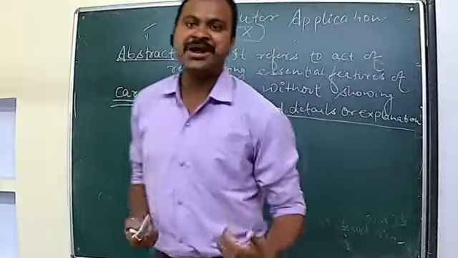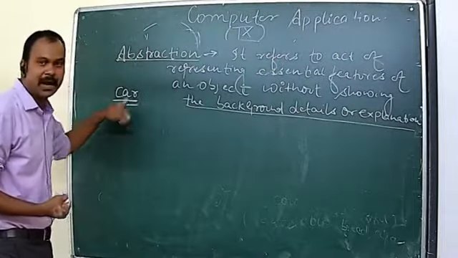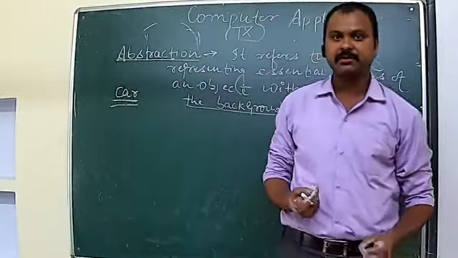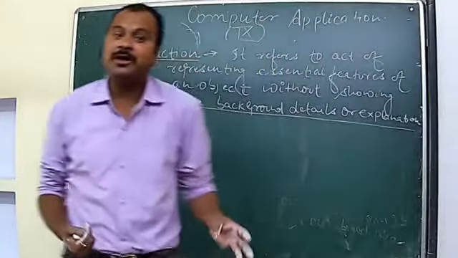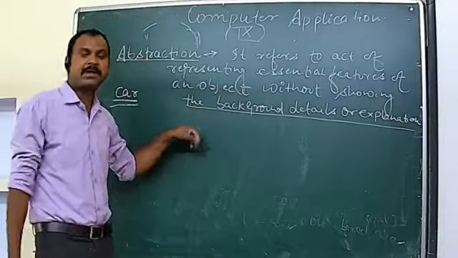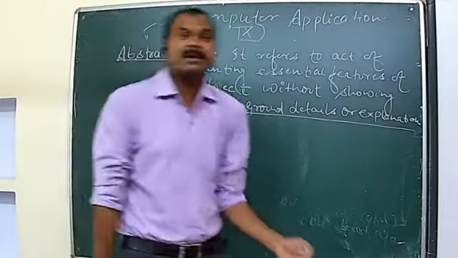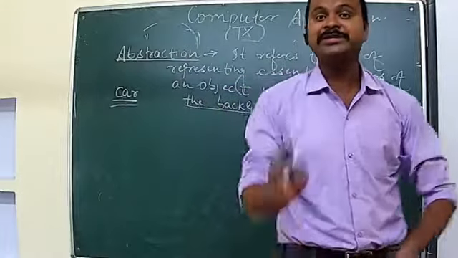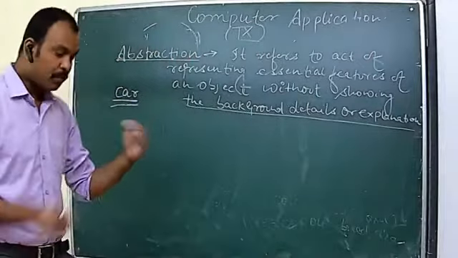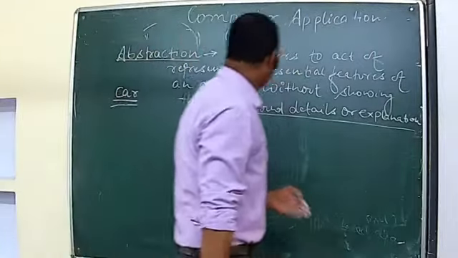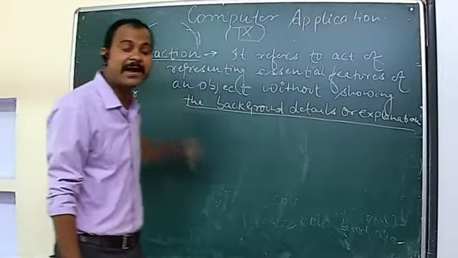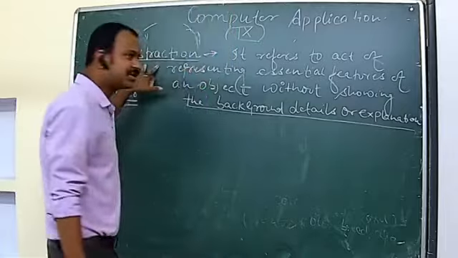Because as a driver, in my essential features, I just come to know only what I actually need to drive a car. So if I talk about the car, your accelerator, seating, brake, clutch, lights, all these will be the essential features that I need to use. But I don't need to go to the background details or implementation level details like how the engine is starting, how the engine is working, how the wires are connected with each other and all. So this is abstraction to show the essential features of an object. This is called abstraction. Clear?